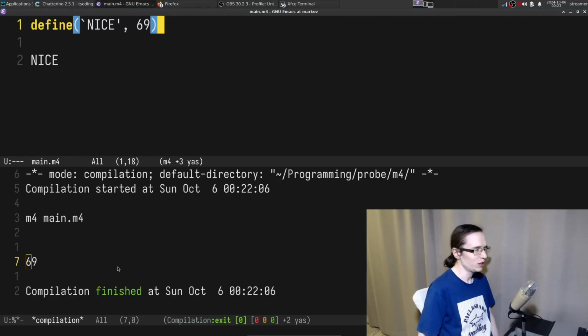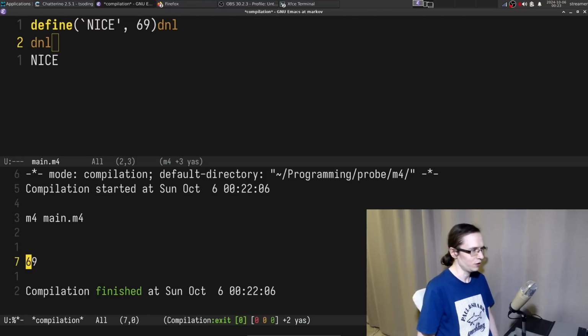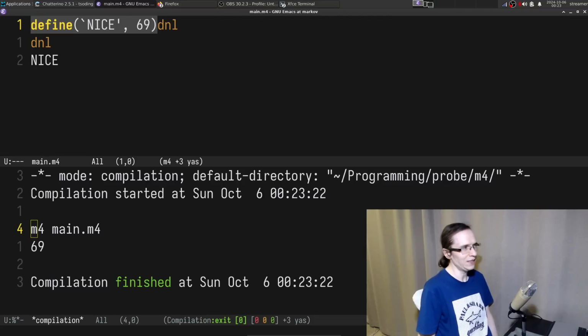I suppose the thing we can do in here, we can put DNL in here. Oh, look at that. The mode actually highlights it as a comment. Right, so I can just put it in here, and if I try to do something, it doesn't include all these lines. So if you don't want a certain command to create an empty line, right, just put this thing in here.